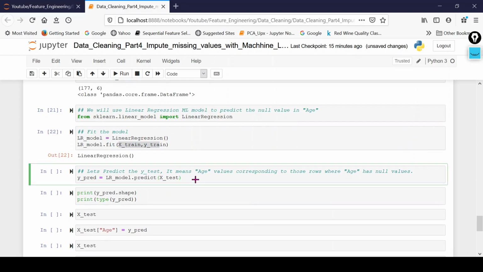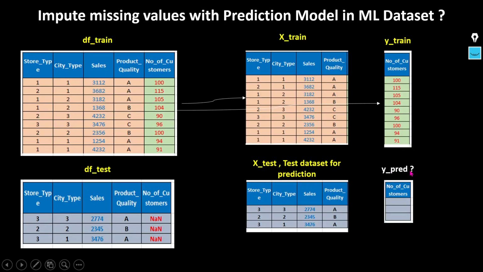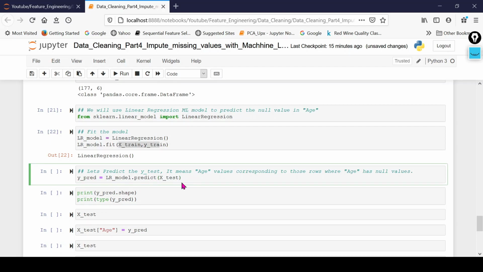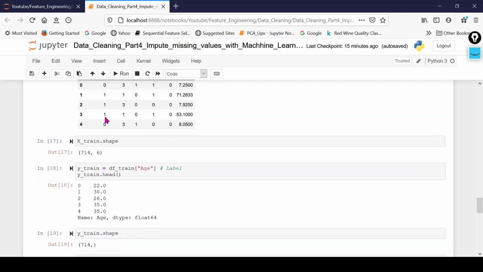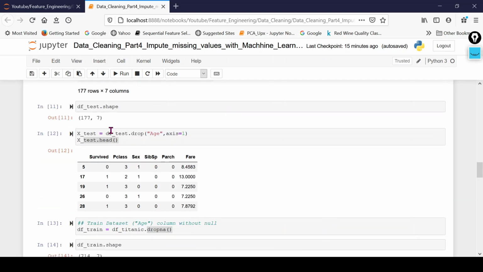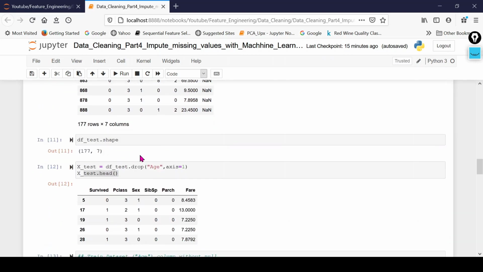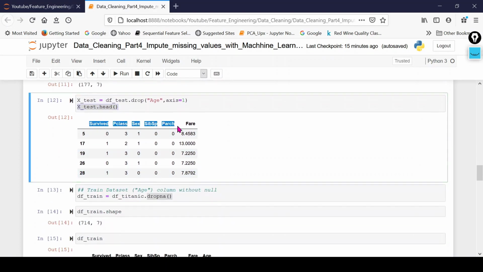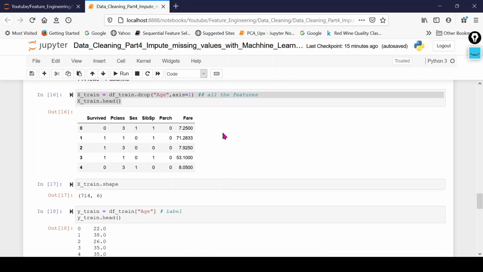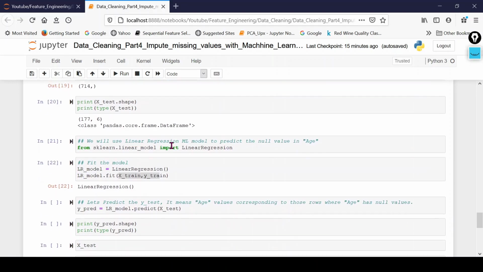Now we will predict ypred with the help of this x test value. In our case, x test is what we got after removing the age column. This data we are going to feed into this machine learning model.